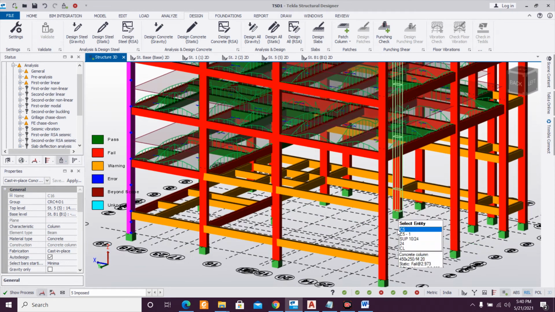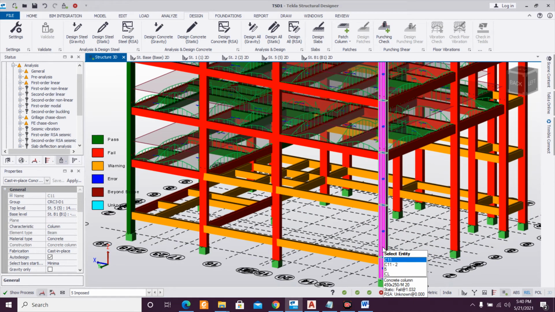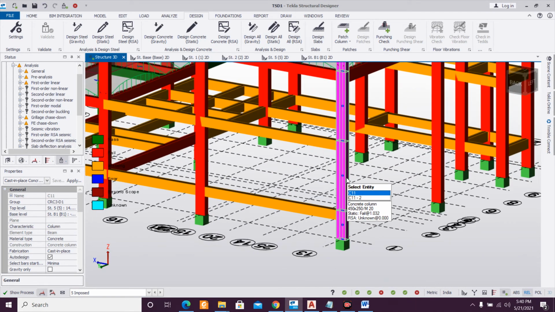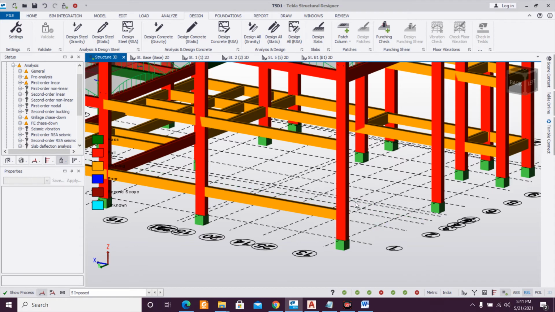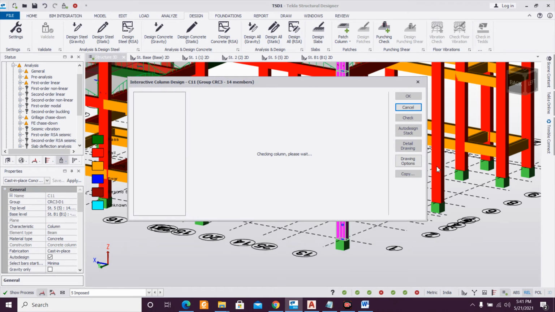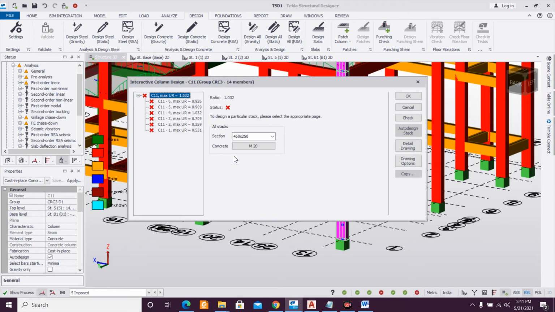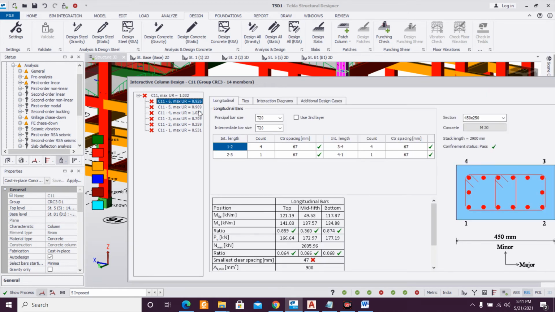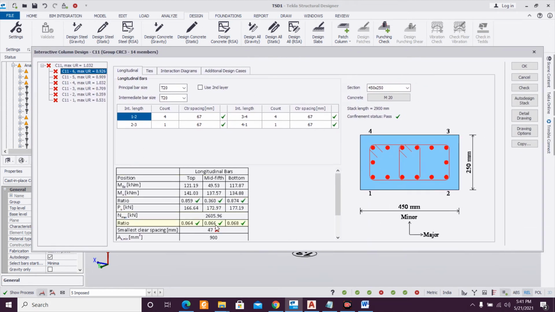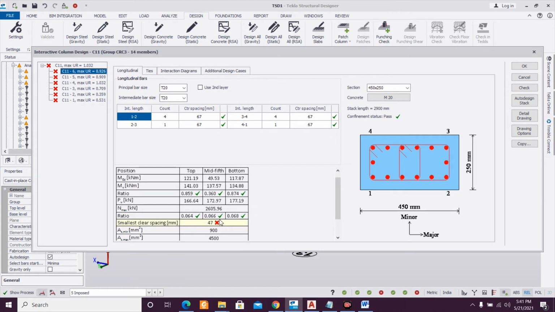And let's see what size we have given here, 450 into 250. We can do some interpolations. Right click, let's check in the interactive design, that would be easy for us. Okay, this fails completely. It's only failing in the spacing actually, because the bars they are using are 20 mm bars.